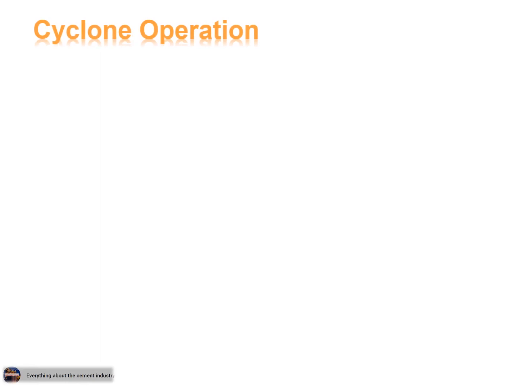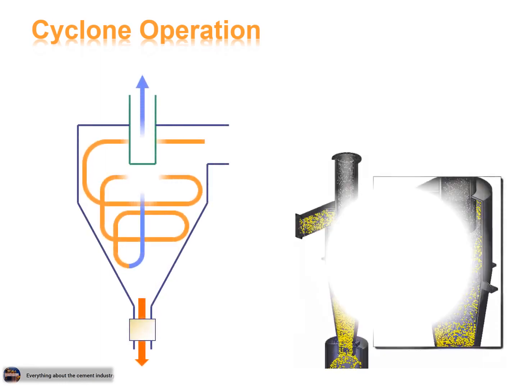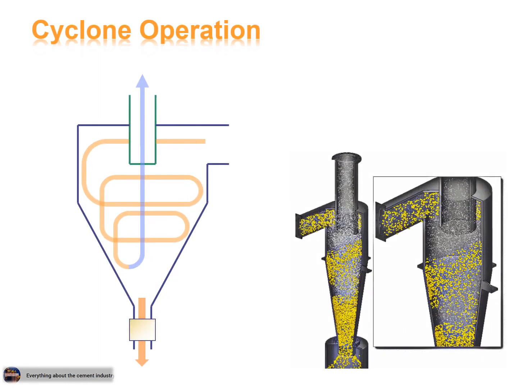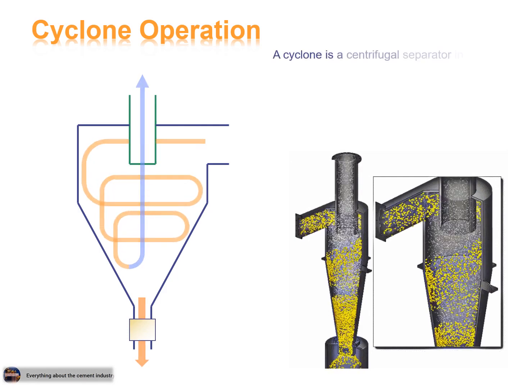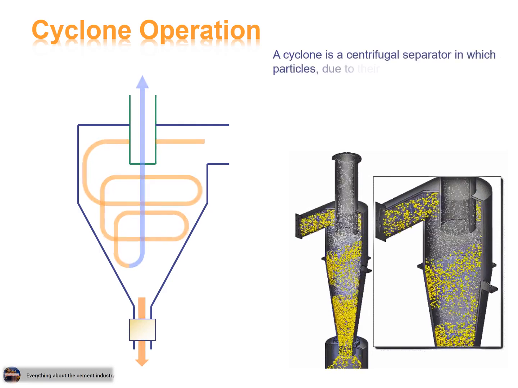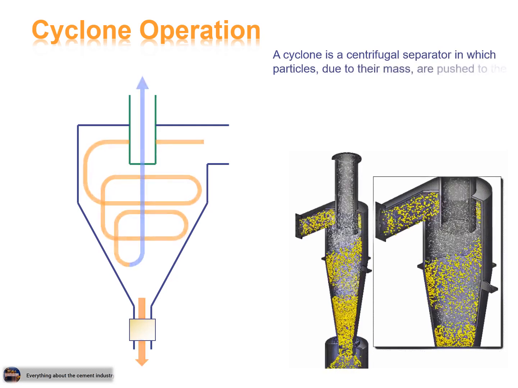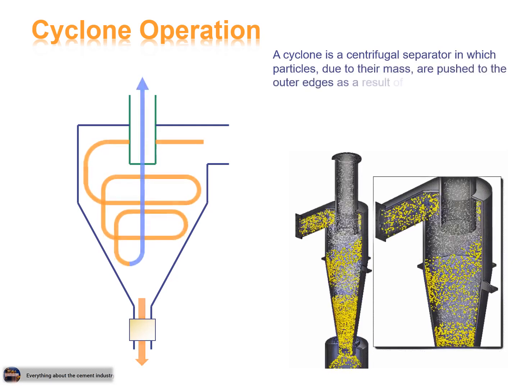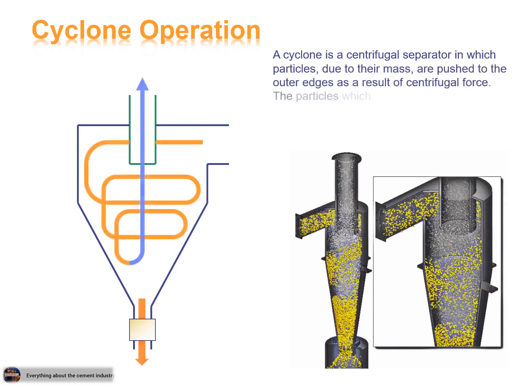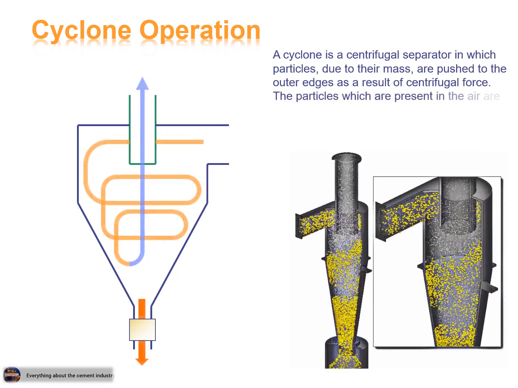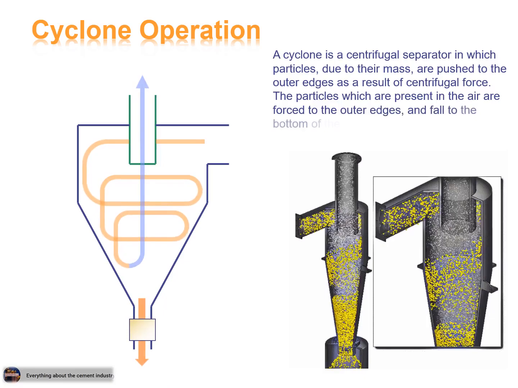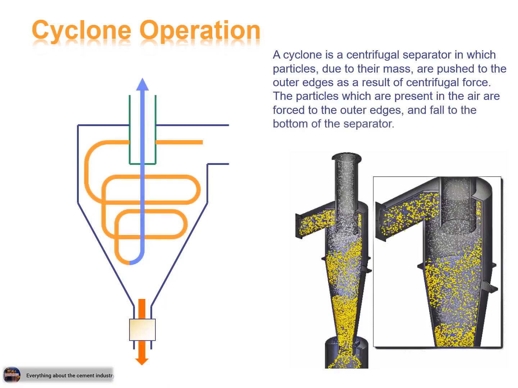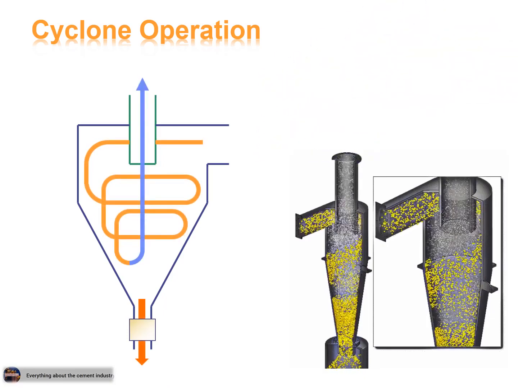Cyclone operation. In this figure, we will explain the idea of the operation of the cyclone. A cyclone is a centrifugal separator in which particles, due to their mass, are pushed to the outer edges as a result of centrifugal force. The particles present in the air are forced to the outer edges and fall to the bottom of the separator. The important points in the cyclone: